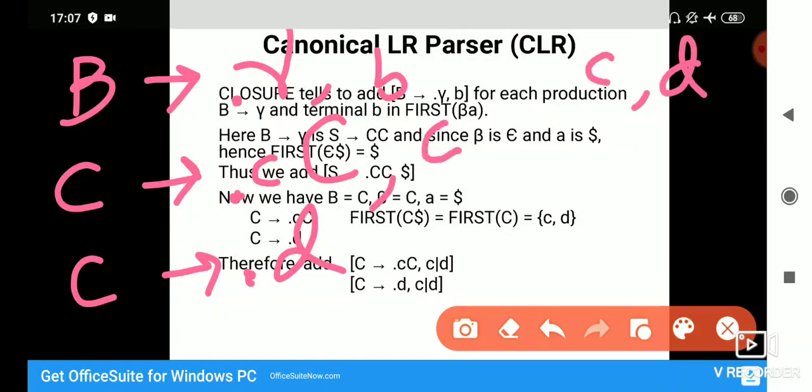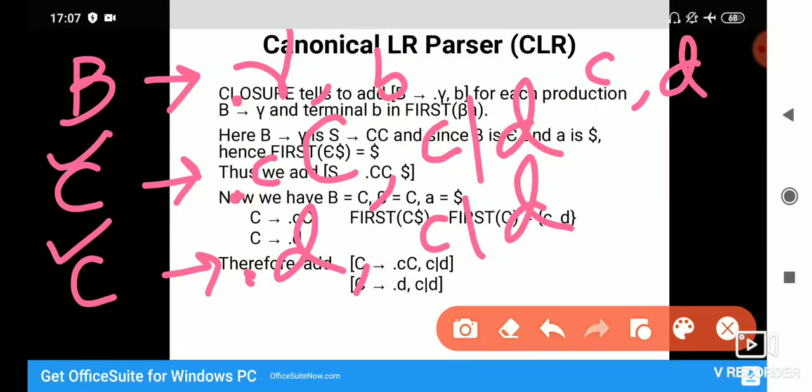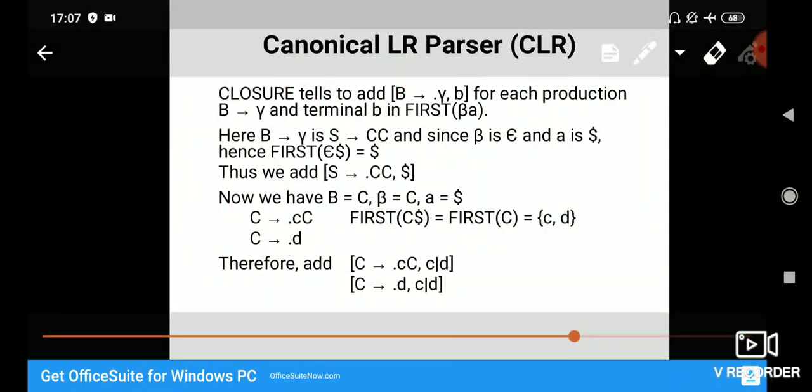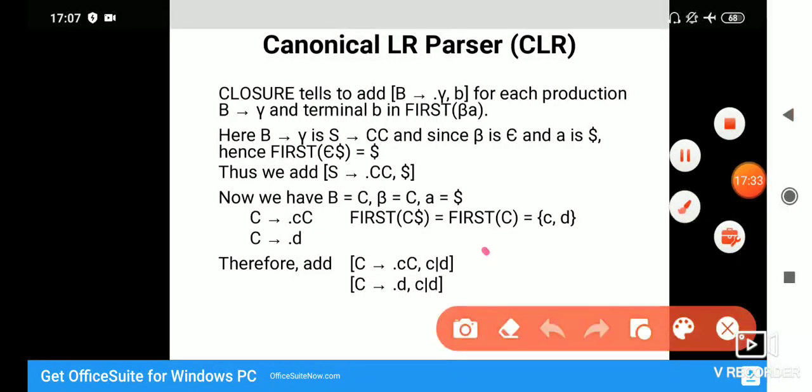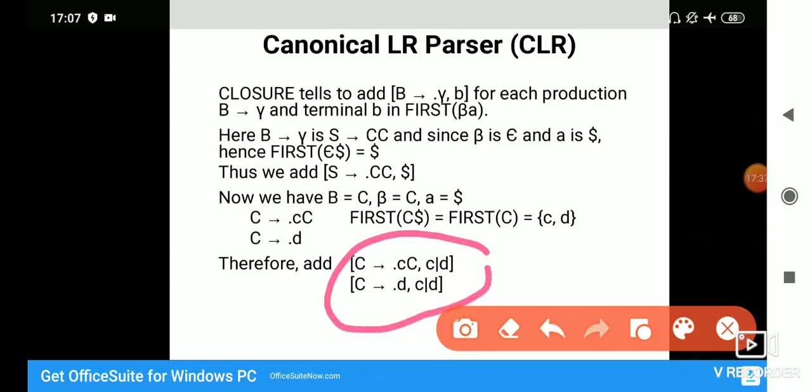So this is written like this, c or d. So these two items are also included, as you can see over here, C to dot CC and C to dot D, comma c or d.